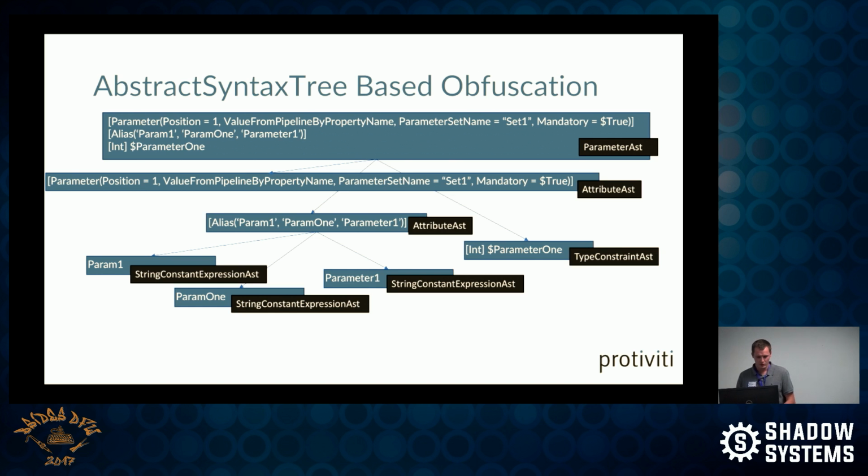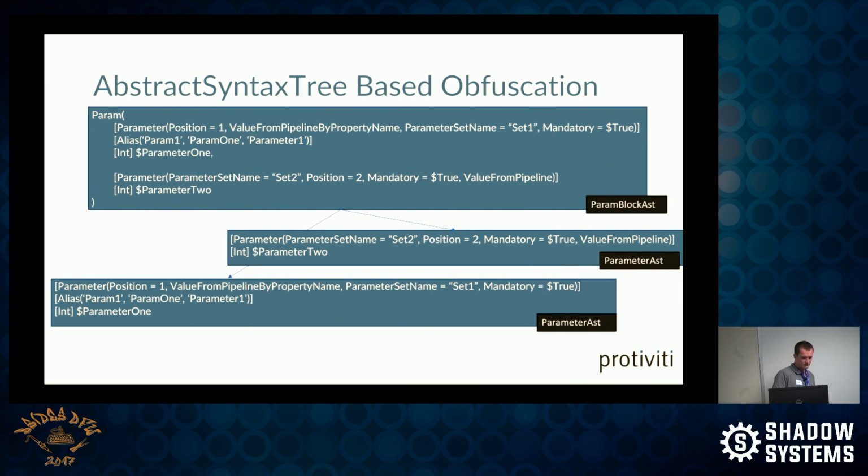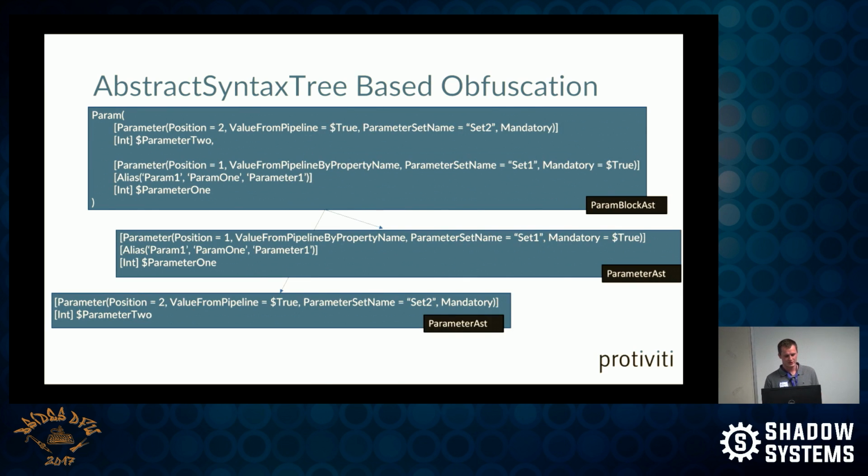And then we'll zoom out one more time into the larger script. And you can see we were looking at that first parameter 1. So we'll first apply the obfuscation we found for that one. And it turns out we can do something very similar to the second parameter, just reorder all of those attributes. And now, you might have guessed it at this point, the parameters we specify can be specified in any order. So let's go ahead and switch those, and then zoom out one more time into the